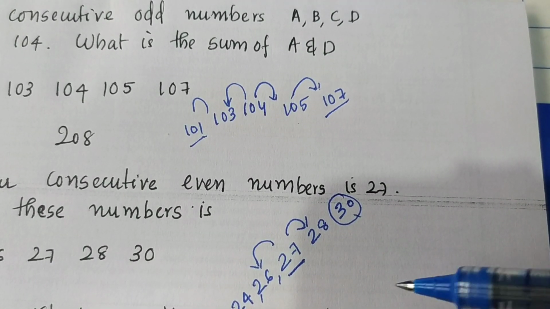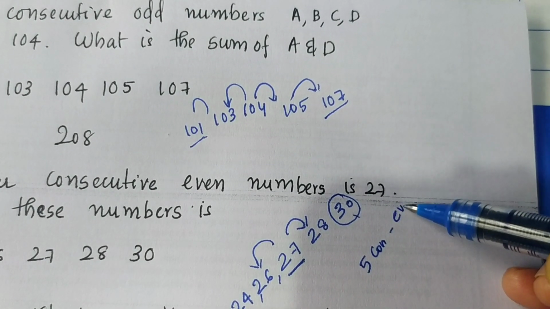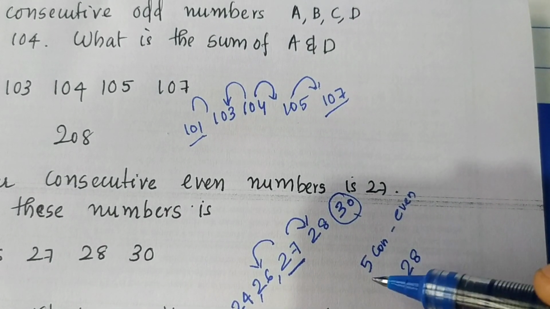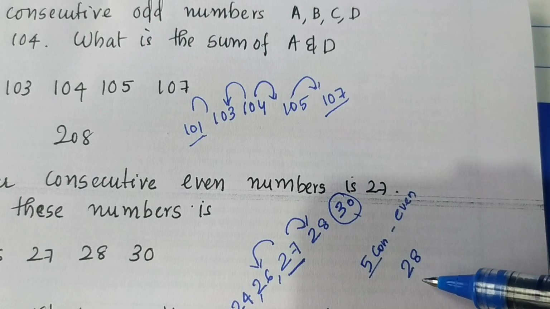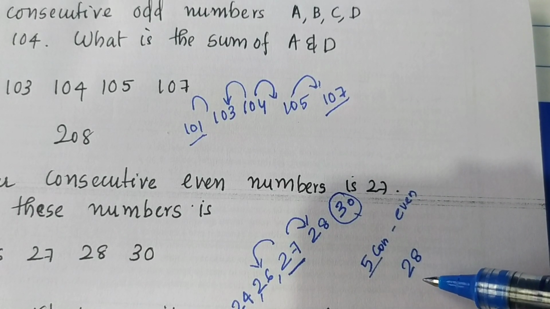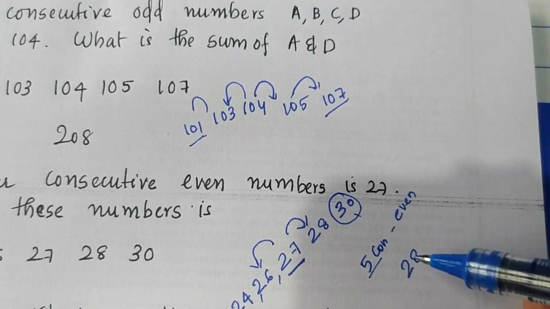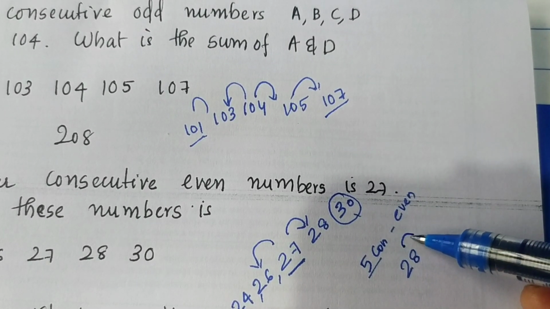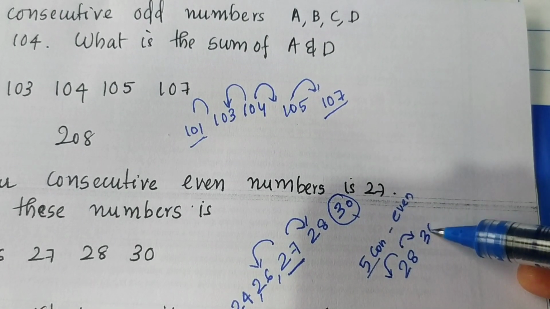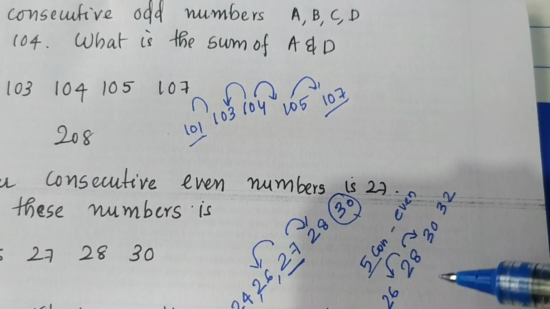So if you are given that the average of 5 consecutive even numbers is 28, then how can we find out the series? There are 5 numbers. The average is 28. If there is an odd number of observations, then what is the average? The average will be the middle number. So 28 will be in that series itself. So we have to fill up equal numbers to the right and to the left to get 5 consecutive even numbers, that is 30, 32, 26 and 24. This will be the series.